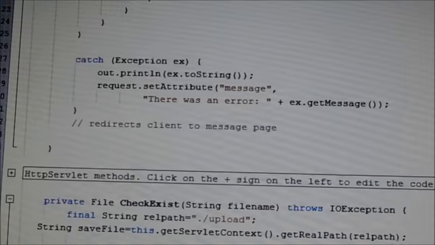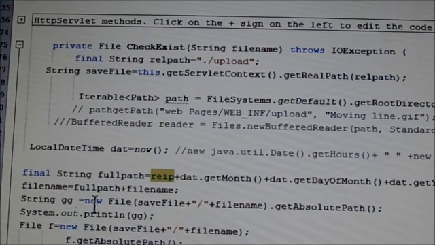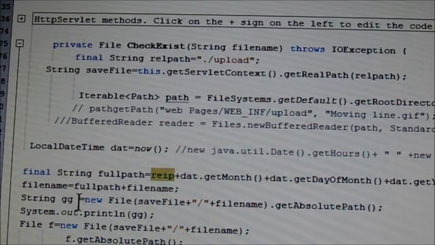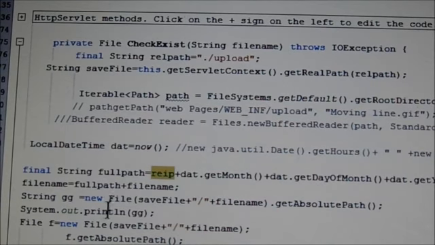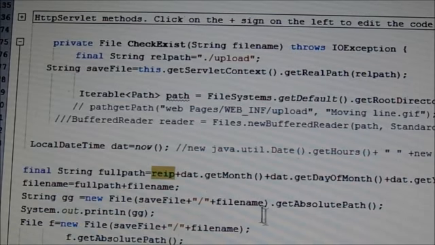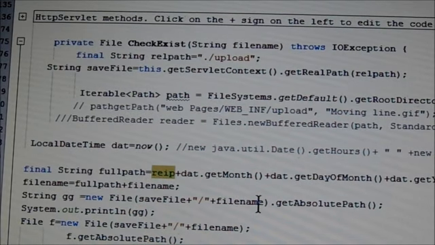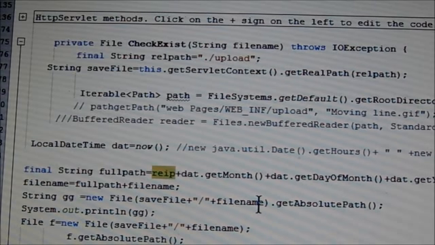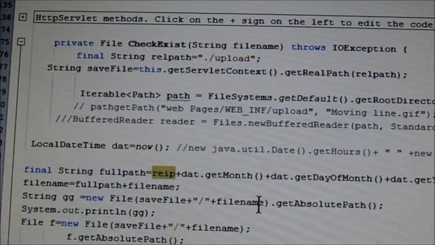This is actually the IP address of your system, and string GG is a variable we create, and the file class, we pass the following constructor file name and save file dot get absolute path. This is a function to access the absolute path of the given path, and the file is saved.